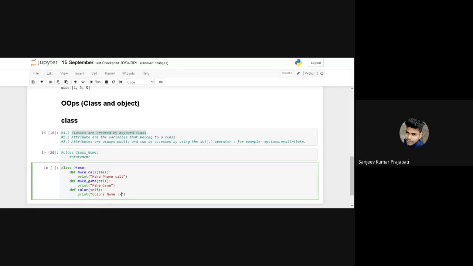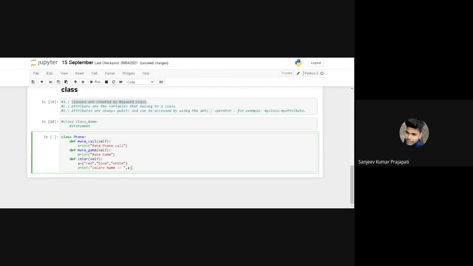Like color's name equal to red, blue. So we pass this argument in this place, and we create one more function, def fruits.